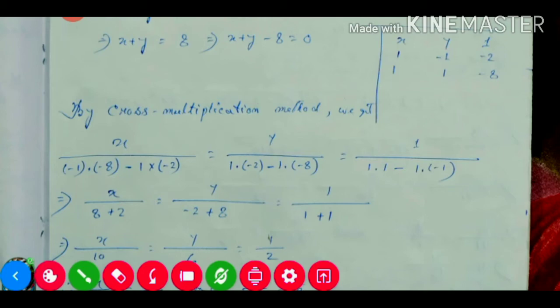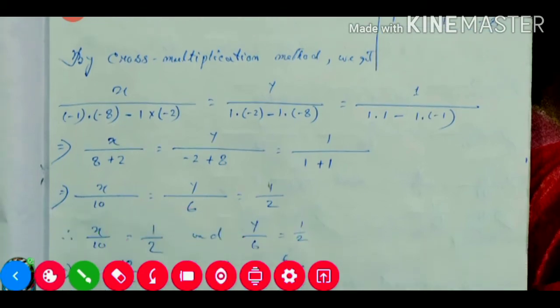Now we'll multiply this one, so minus minus plus, 8 into 1 is 8, here also minus, this one also minus, so minus minus will be plus, and 2 into 1 will be 2. This one, minus and plus, so plus minus minus, 2 into 1 is 2, and minus minus will be plus, 8 into 1 is 8, 1 into 1 is 1, and minus minus plus, 1 into 1 is 1 only. Now we'll add: 8 plus 2 is 10, minus 2 plus 8 will be plus 6, and 1 plus 1 is equal to 2.